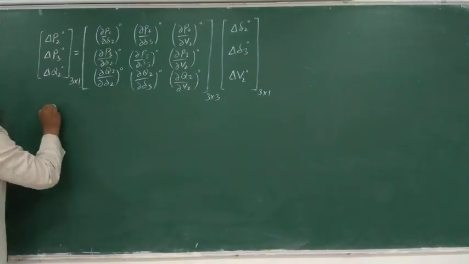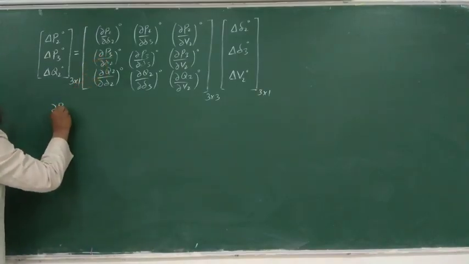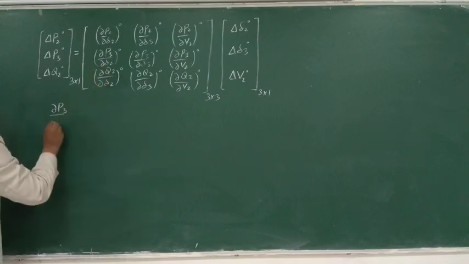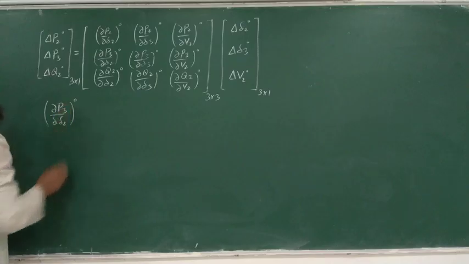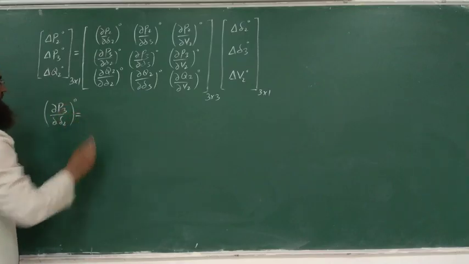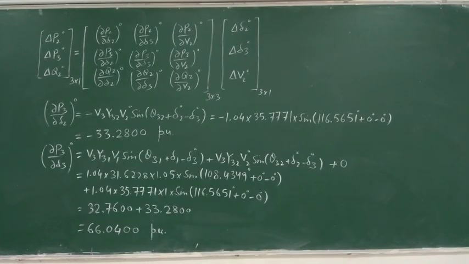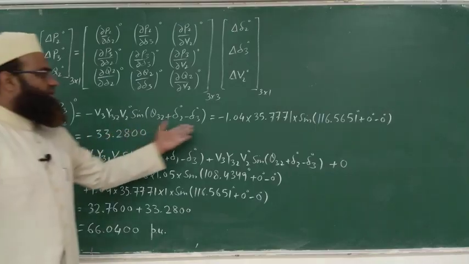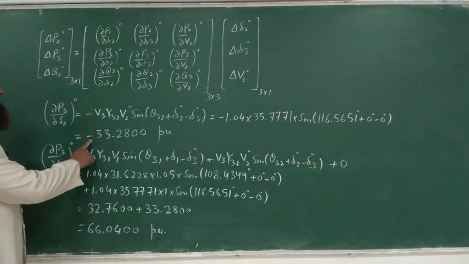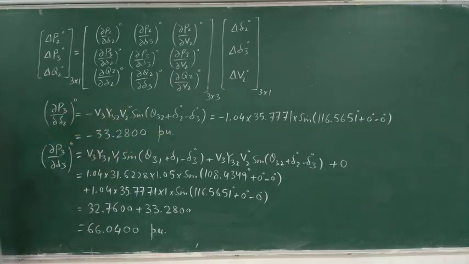Next we will evaluate del P3 upon del delta 2, 0. Observe the expression of P3, evaluate with respect to del delta 2, substitute the initial values of the variables and tell me the final value. So this way we have evaluated del P3 upon del delta 2, and after substituting the values we are getting minus 33.2800 per unit. Similarly,